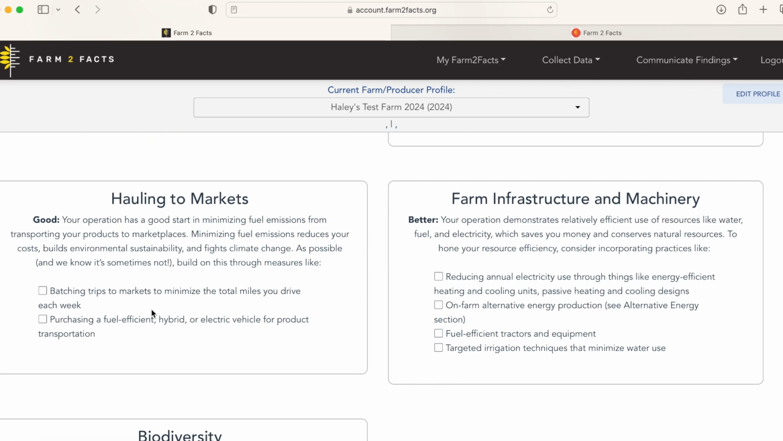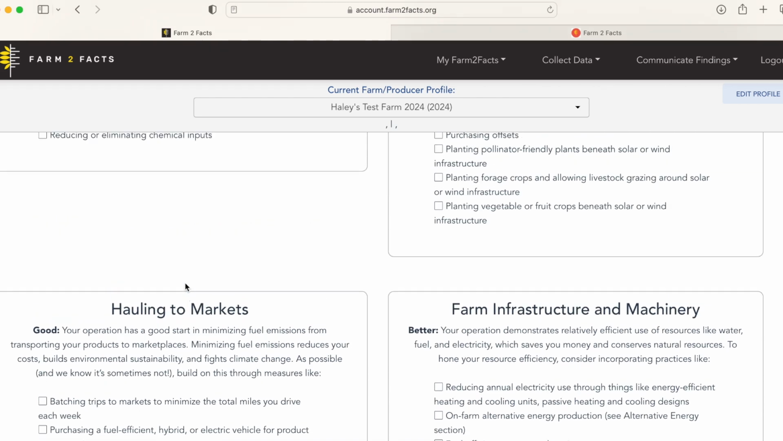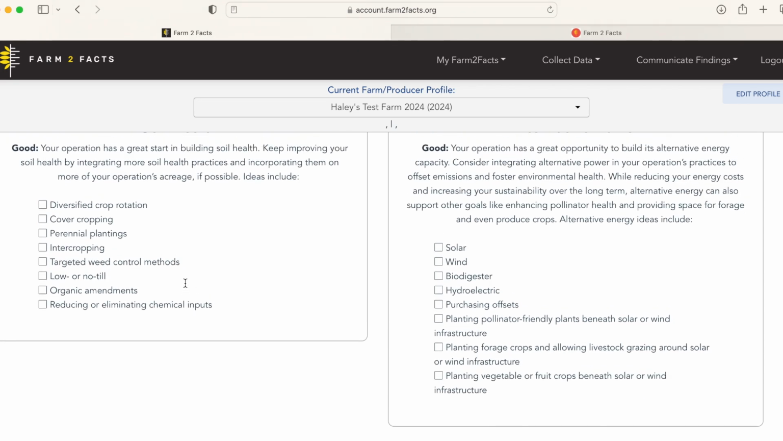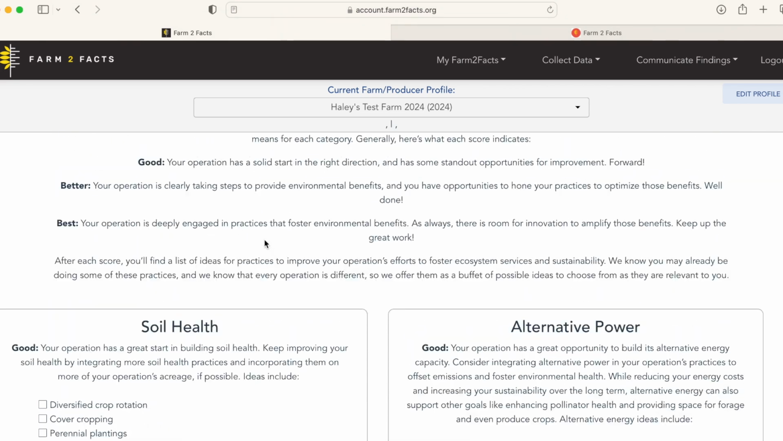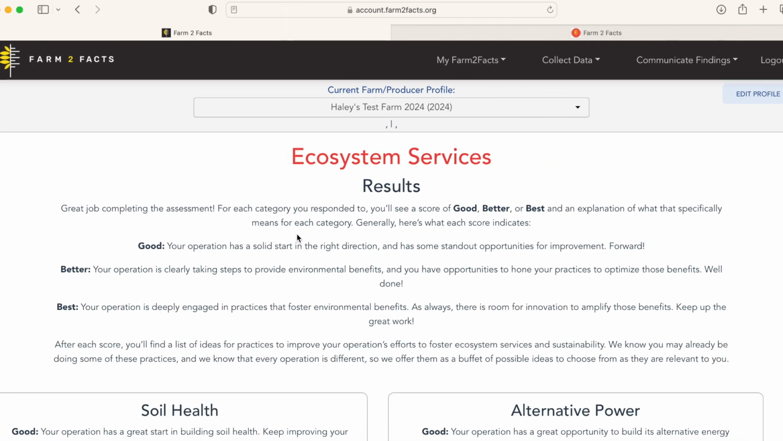You'll notice as well that if there was an ecosystem service out of the 6 that we measure that is not applicable to your farm, such as livestock, which I didn't enter here, then it won't show up on this ecosystem service result page. So after you have those results, you can revisit those anytime, as well as communicate your